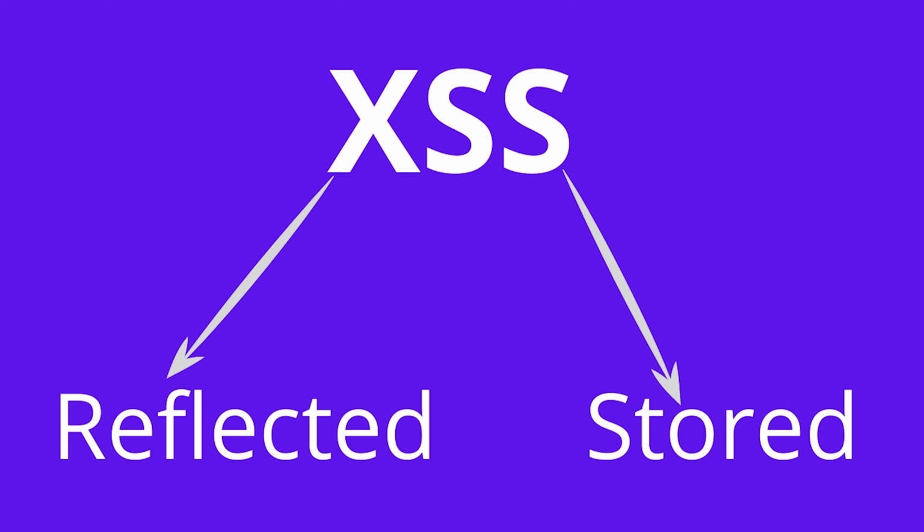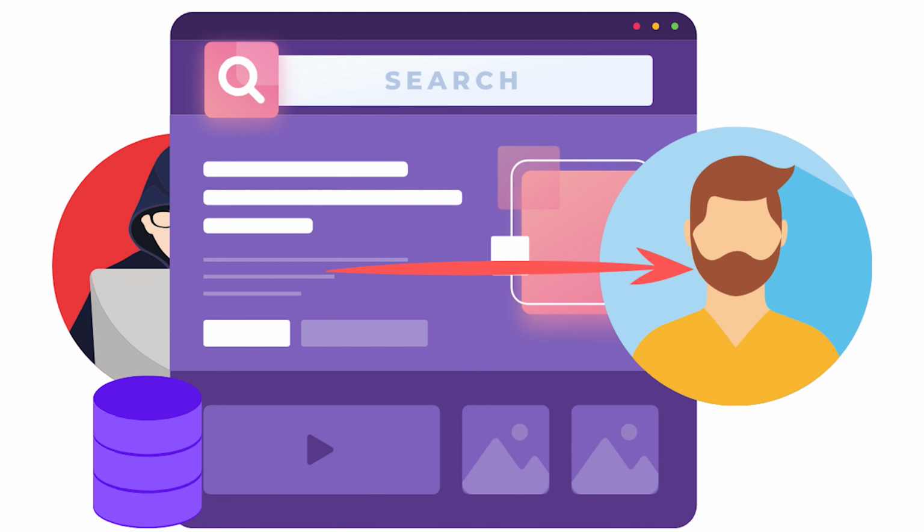The reflected type occurs when a single HTTP request that isn't stored anywhere on the site delivers and executes the XSS payload. Despite browser developers' prevention efforts, defenses are frequently bypassed because JavaScript can execute in various and complex ways on a site. In contrast, stored XSS occurs when a site saves a malicious payload and renders it unsanitized.